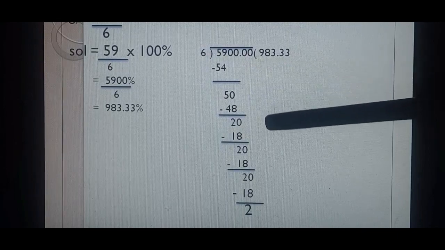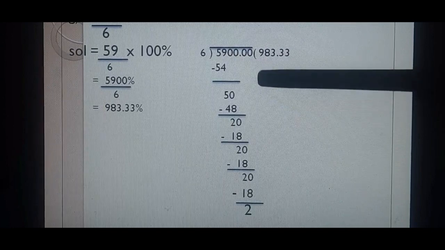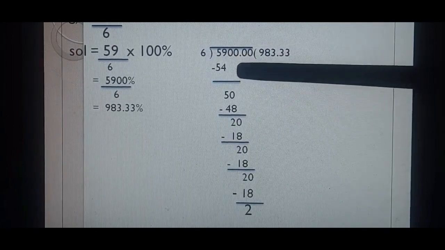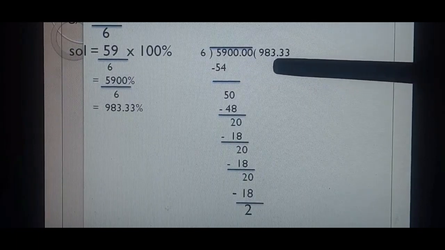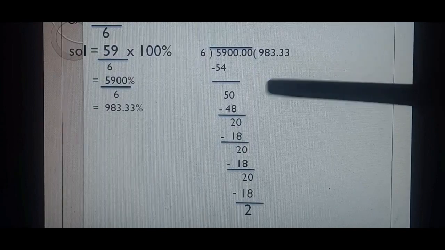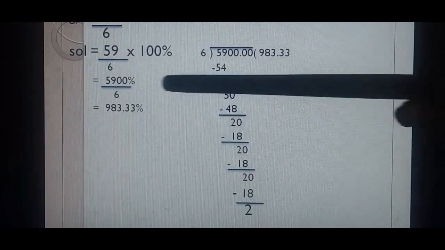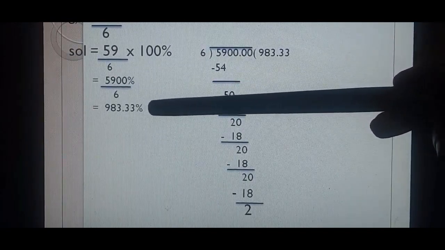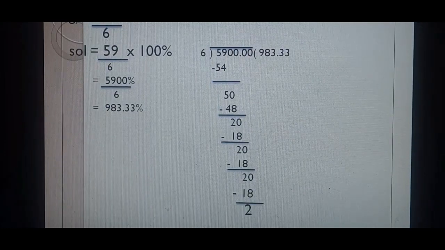So we will stop because after the decimal we have taken 2 digits. If the division is going to be complete up to 2 places, then it's okay. Otherwise you can stop at a maximum of 3 places of decimal. Now after the decimal 2 digits are there. So start from here, ones, tens, and then put the decimal. So our answer will become 983.33%. The percentage sign was there when we started the division, so it will be in the answer also. Be careful about that, as the question says to express as percent.